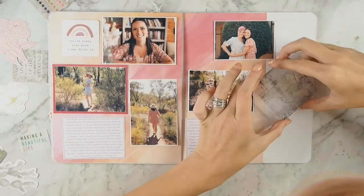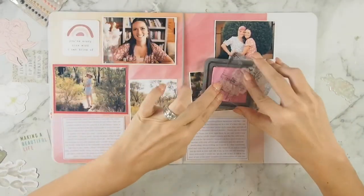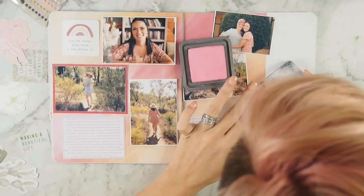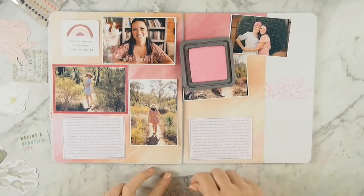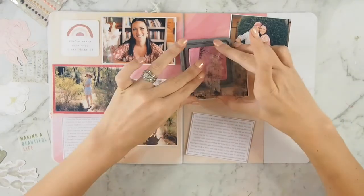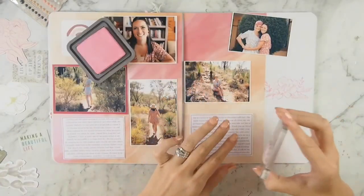Now these stamps were everything. I love them. I've used them in almost every single project I have done on this layout for Kitaholic Kits, and not for them, it's amazing. The lines are so crisp and clear. The flowers are so pretty. I just adore them. So what I'm doing is I'm taking those same colors that I used earlier, and I'm